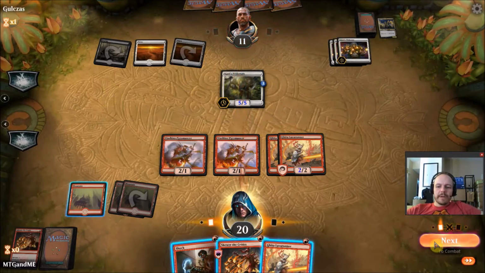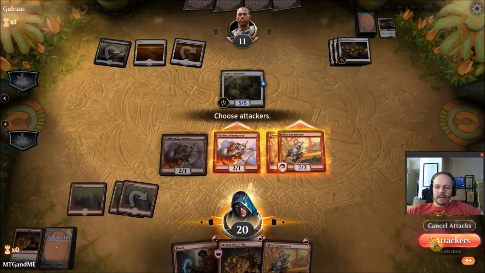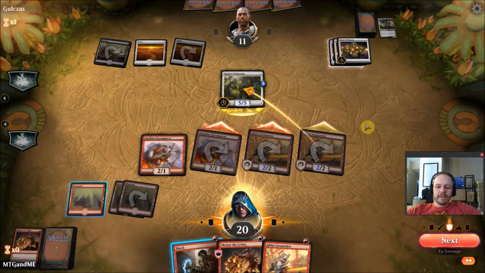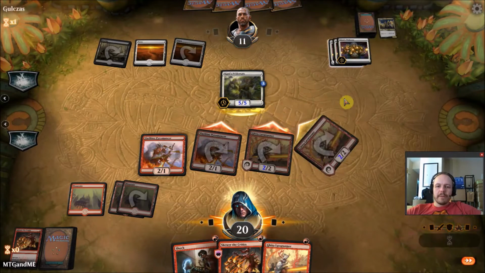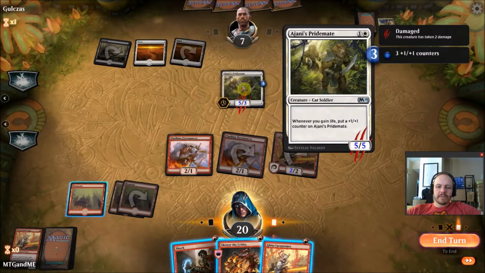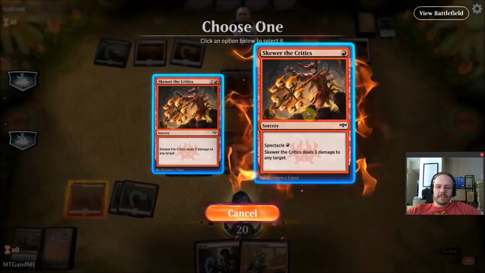So we can hope that he's going to block. We might still be able to raise this, but it's tough. Okay, well at least we're going to take out the Pyromancer. I don't even know if it's the right call at this point. It's going to get big, so I think we do. We just take it